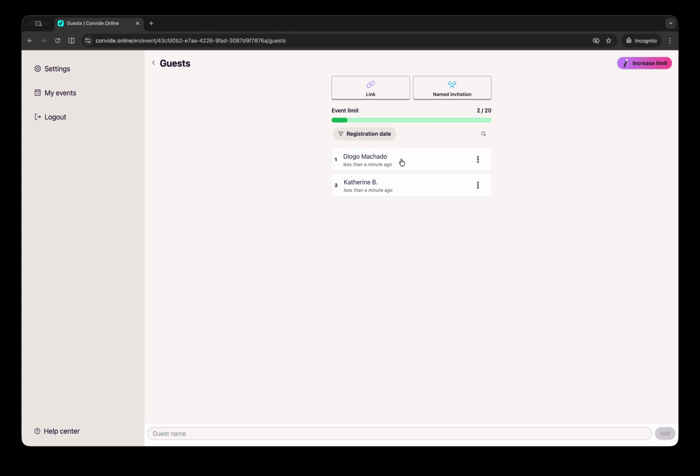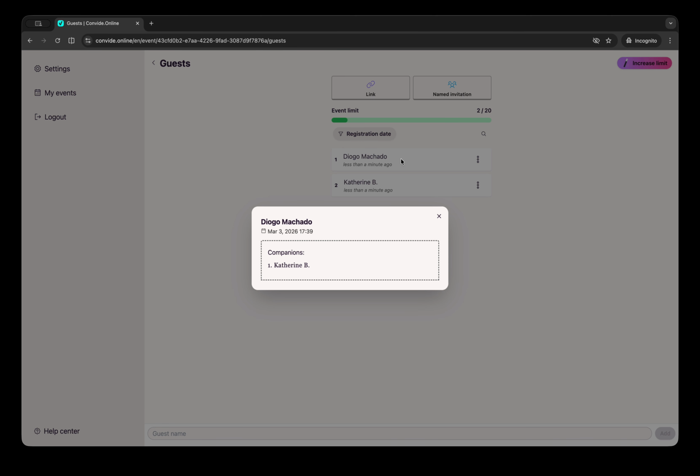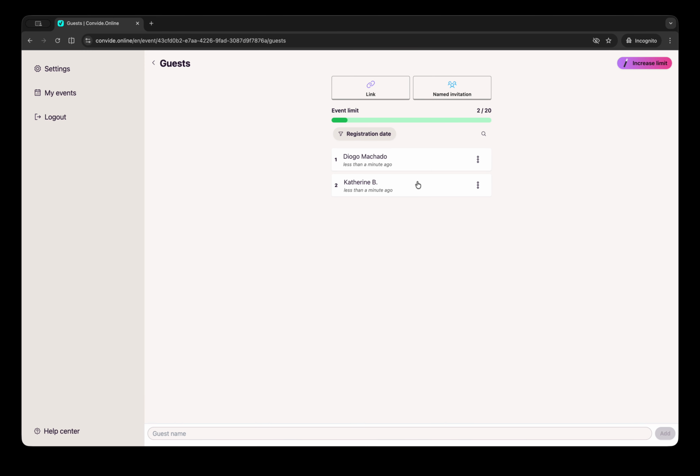If I click on a name, I can see not only the date and hour when the guest confirmed, but also the companions coming with this guest, which is really useful sometimes. We also have some features like an A-Z alphabetical filter or registration date, and a search button if your list is too large. This feature is really useful.